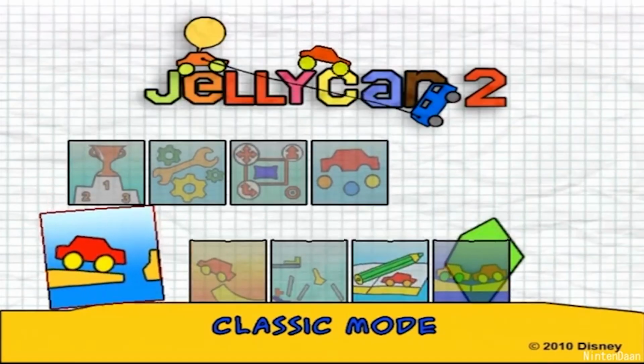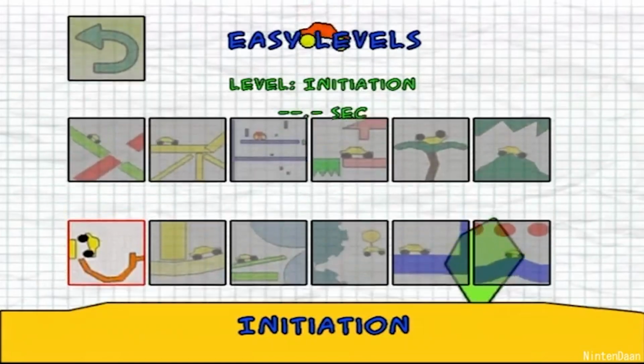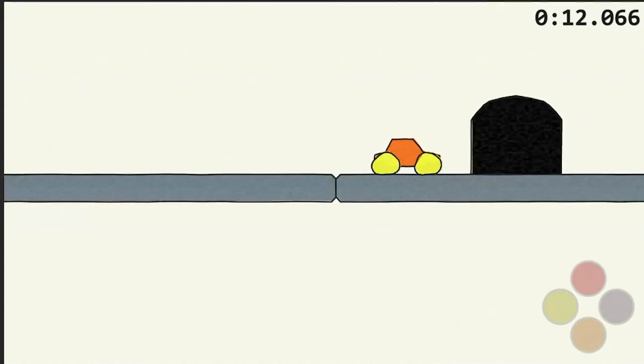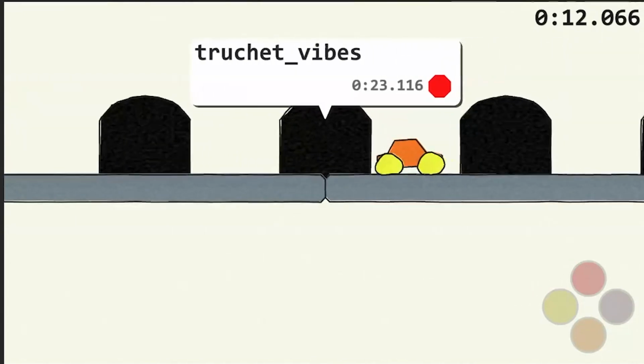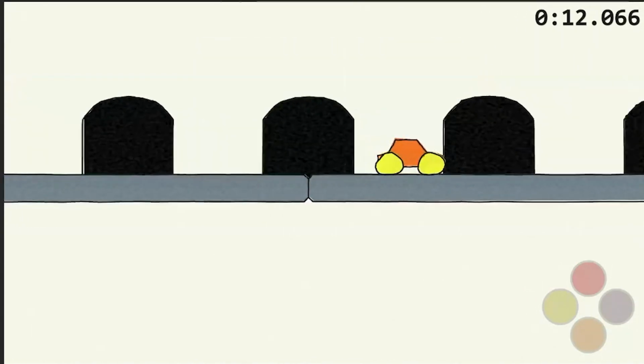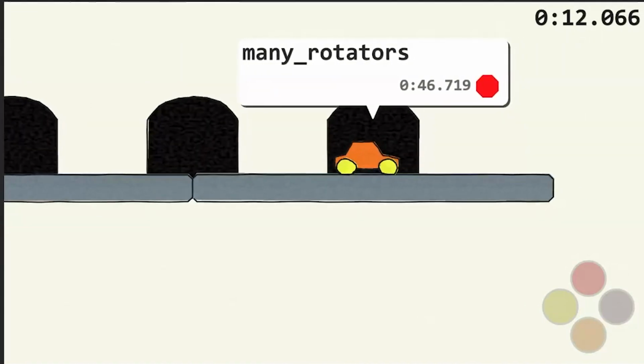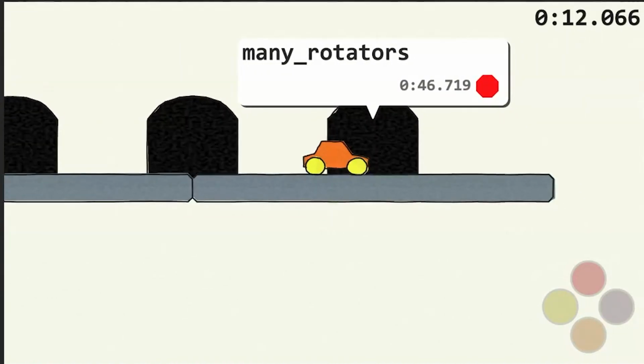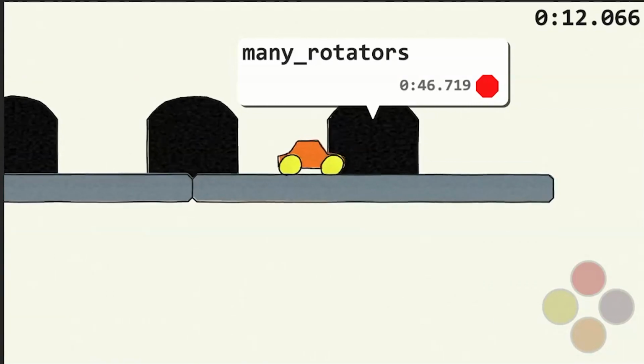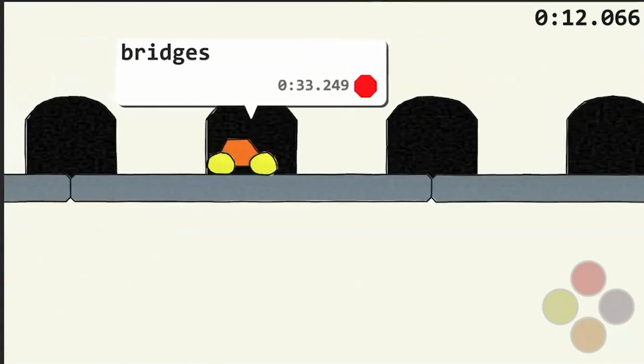So previous JellyCars, you basically had a menu and you would pick easy levels and then there'd be a bunch of levels. You pick medium levels, a bunch of levels. This time I'm planning on having worlds. So a little bit like a classic Mario game or something, where you have an actual environment that is the way you get to the individual levels, and that is a world. So I think that'll give the game a little bit more theme and a little bit more exploration compared to previous versions. So I'm excited about that.